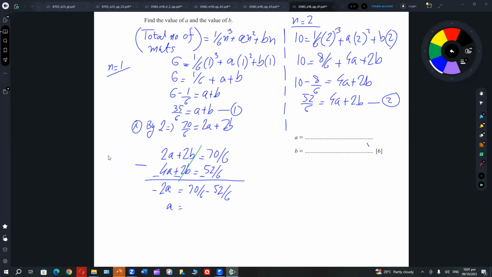Oh, sorry, a equal 3. Isn't it coming minus 3? No, it's coming 3 only. Okay, minus 2a is equal to 3. So a will be equal to,